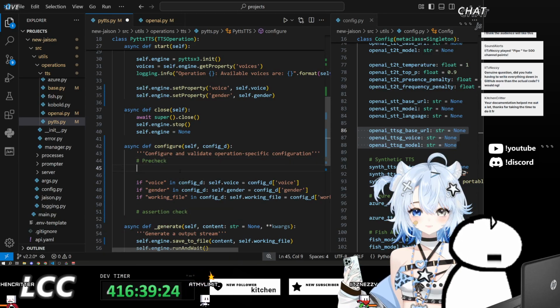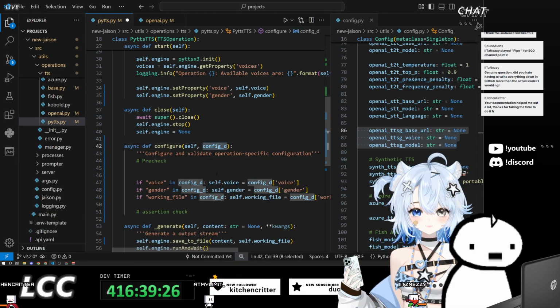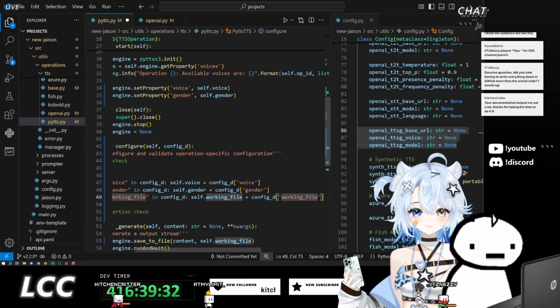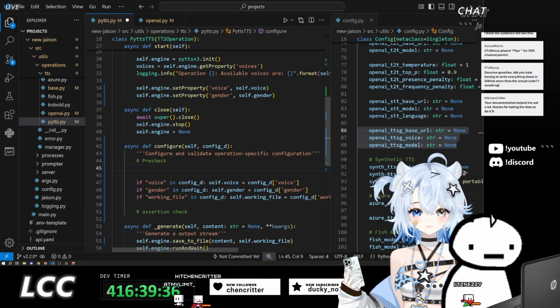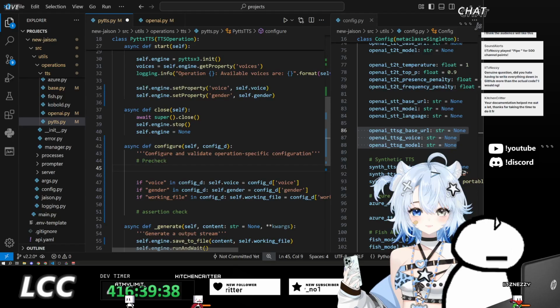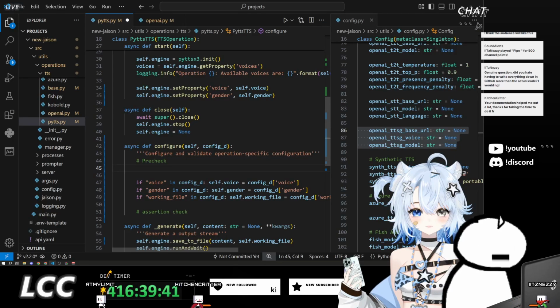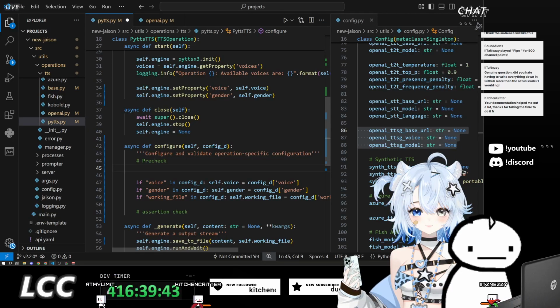The pre-check will involve checking the configuration dictionary to see if it's even valid, seeing if each of the fields is one of the valid fields here, as well as making sure whether or not any additional requirements are met, like type validation or something like that.